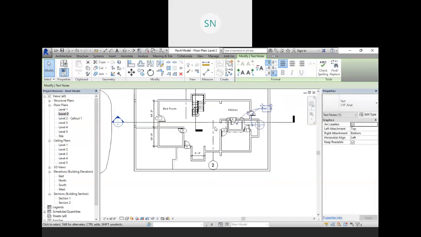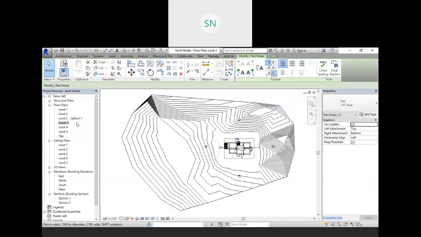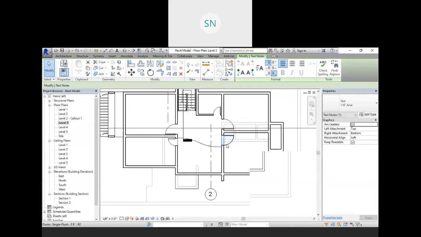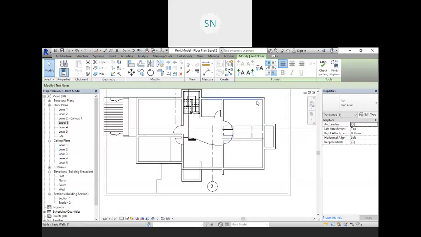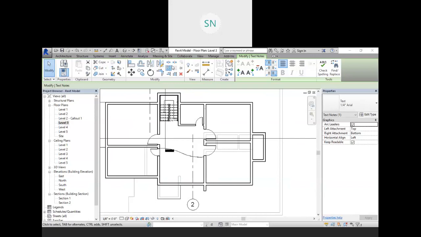Now let's discuss the area plan and room plan. So here we are on level 3 and we will discuss an area plan over here. First of all, I want to create an area plan of this drawing. So what we will do, go to the architecture.